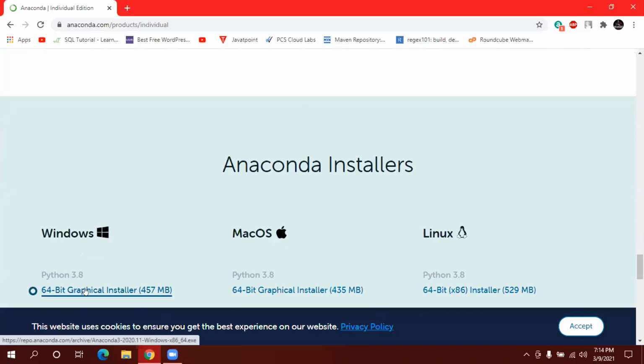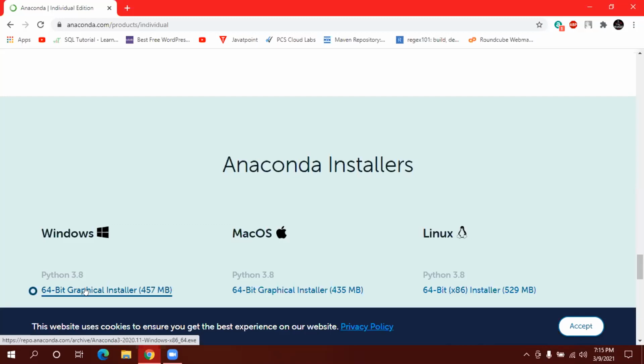Now wait one minute. See there is Python version 3.8. Look at this very carefully: Python 3.8, Python 3.8, and as well Python 3.8. If any other system has installed a version below, like 2.7, 2.8 or 2.9, please remove it and install Python version 3, because Python 2 has a lot of dependencies and some syntactic changes. Now coming to Python 3.9, sometimes you will find some issues with it, or if you want to use some packages, it will not support it.